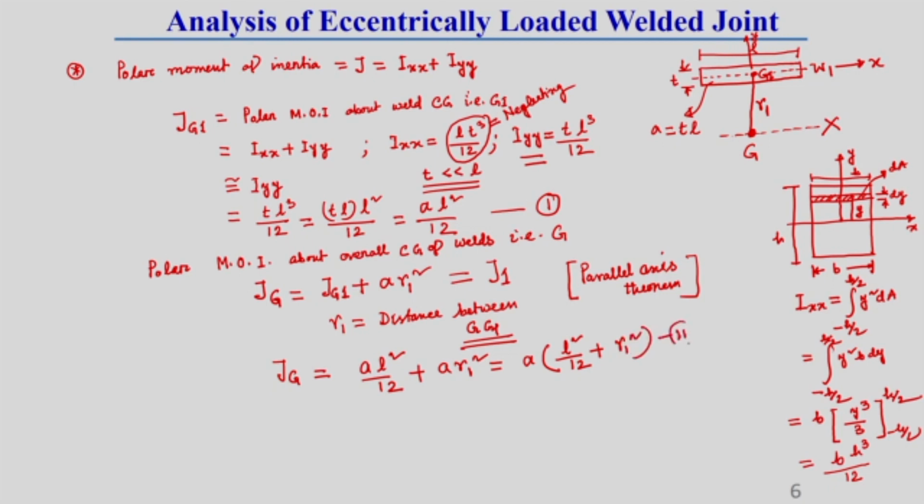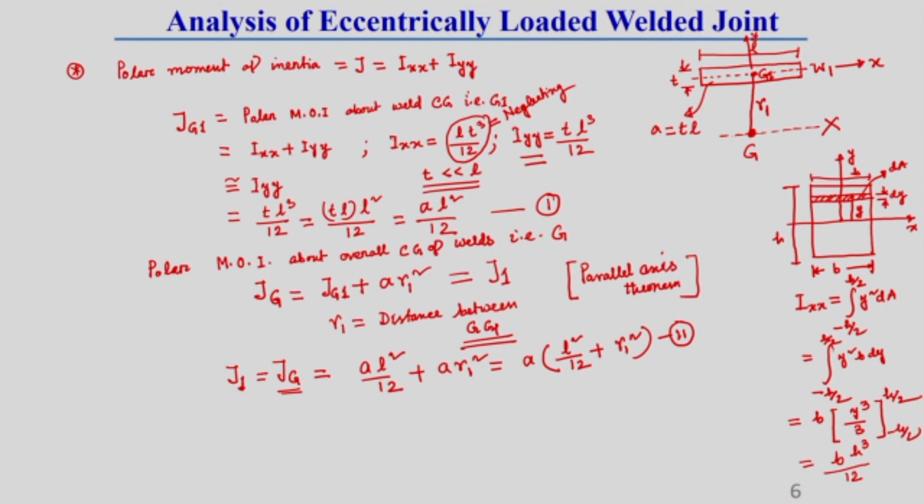This you should keep in mind. So, this is how to find the polar moment of inertia of weld 1. Here I am representing J1 equal to Jg of that first weld. Now, as there are two welds of equal length,